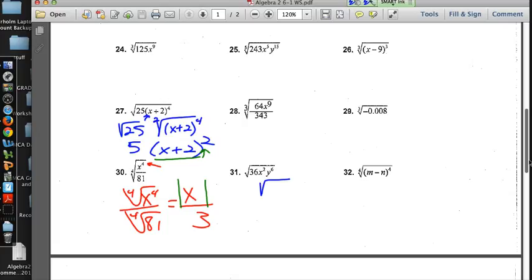Again, this is multiplication, so we can go ahead and split these. Square root of 36, 6. Square root of x squared, 2 divided by 2 is 1, so that's x to the first. 6 divided by 2 is 3, so that's going to be y to the third. And again, because this one is an even root, this is square root, we want to check out the intent of the person that wrote this problem. And I look underneath that radical and I see that they had x being squared and y being raised to the 6th power. Those are both even powers, so no matter what, they were supposed to get positive answers out